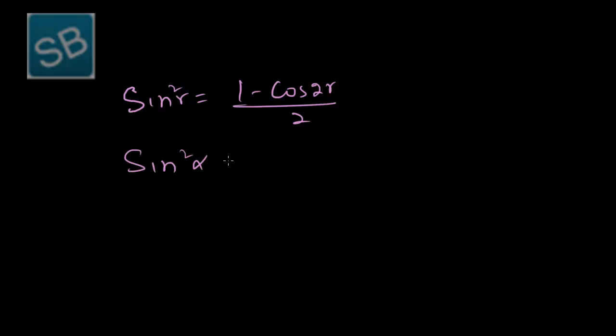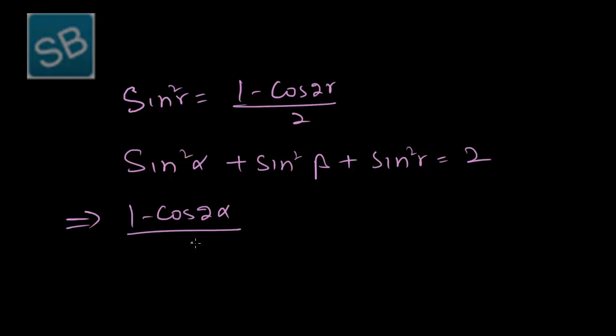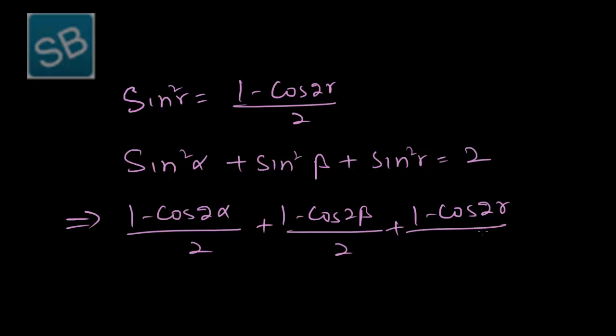Similarly, sin² gamma is equal to (1 − cos 2 gamma)/2. And as we proved, sin² alpha + sin² beta + sin² gamma = 2. We substitute the value of sin² alpha, that is (1 − cos 2 alpha)/2, sin² beta, (1 − cos 2 beta)/2, and sin² gamma, (1 − cos 2 gamma)/2, which is equal to 2. So we get